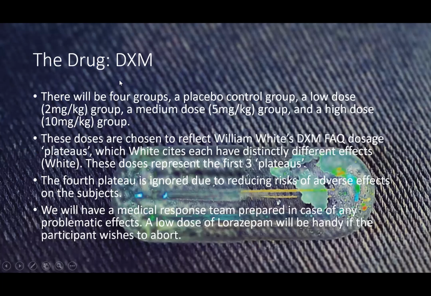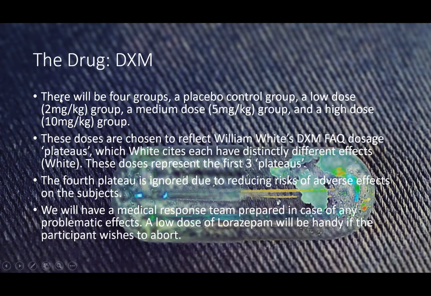Okay, so the drug that will be administered is going to be dextromethorphan. This is better than using ketamine for a couple reasons. Dextromethorphan is widely available and legal. It is over the counter, for example, and I don't think it is a kappa opioid receptor agonist like ketamine, so that might remove a confounding variable where ketamine might enhance certain kinds of learning by a different mechanism that has nothing to do with the NMDA receptor, for example.